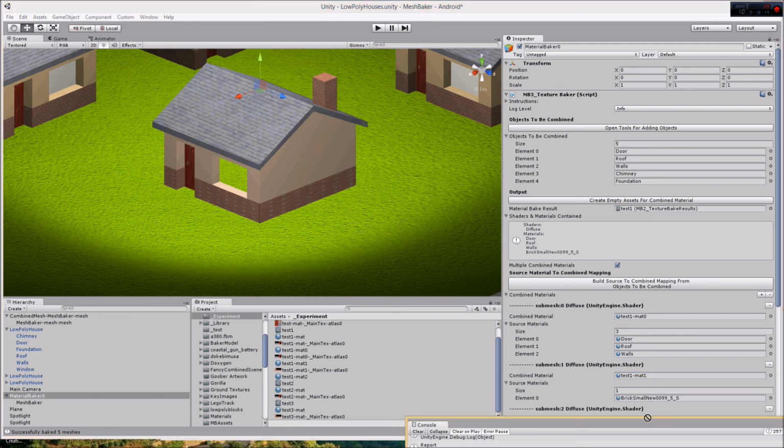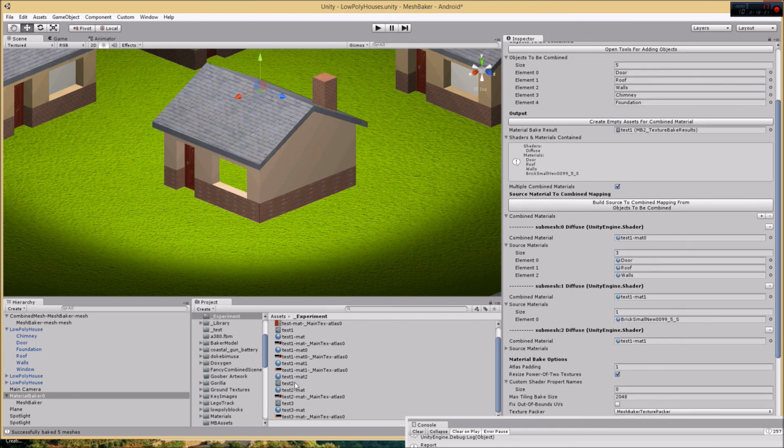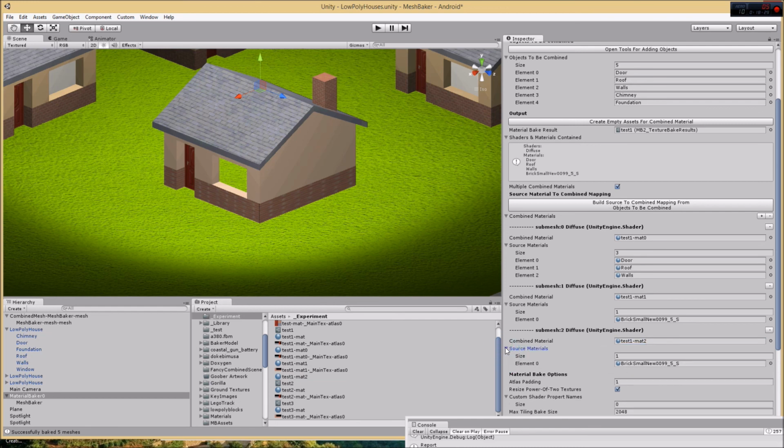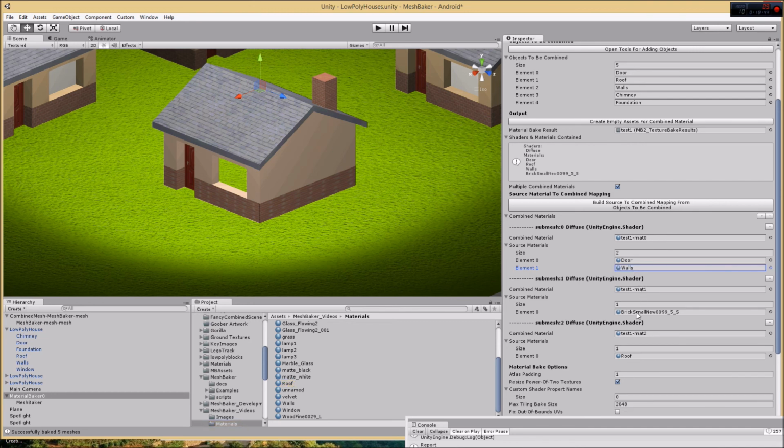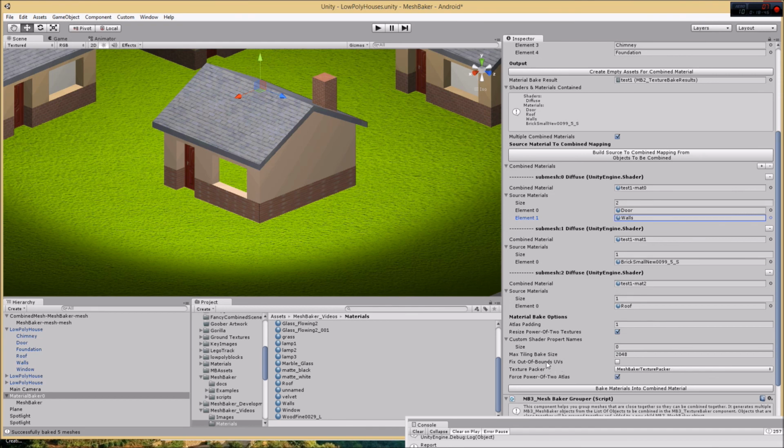Oops. Scroll on me. Okay, you're not going to scroll. So let's scroll this down. It's hard to keep track of these. Source materials is going to be the roof. These are kind of tedious to do, and then I'm going to take the roof out of there. Shift delete and delete, and we have unchecked the fix out of bounds UVs, and now I can bake the